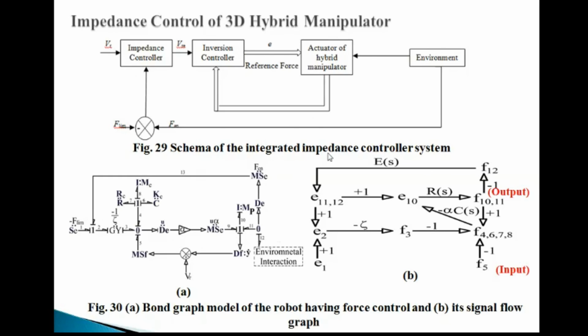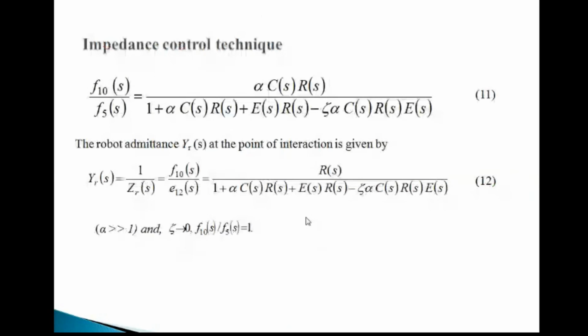And this is the bond graph model shown for the force control, and its signal flow graph is shown. Now this is the robot admittance calculated from the model. And here also it is shown that if alpha, that is the gain, is 1,